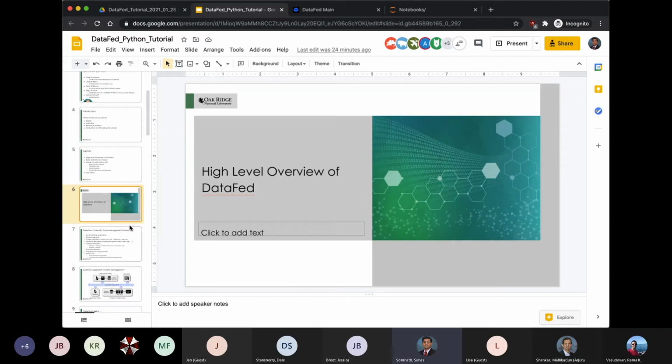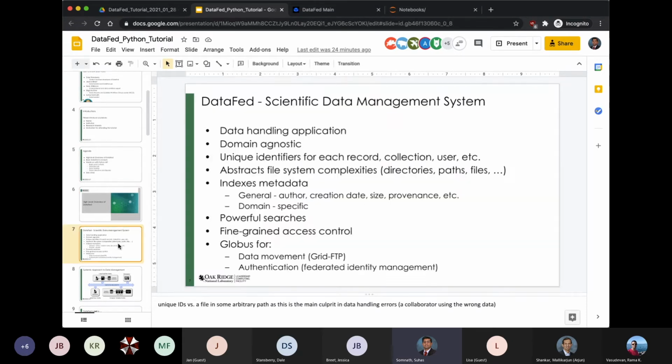I'd like to jump right into the high-level overview of DataFed. We're talking about DataFed. It's a scientific data management system. It's like iTunes. It's like a data handling application. It's domain agnostic in the sense that it's not specific to material science or climate science or anything else that